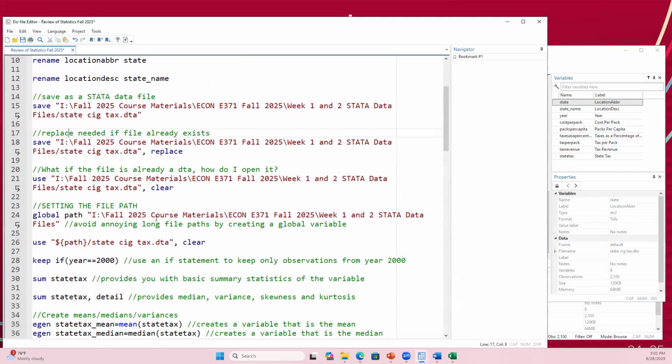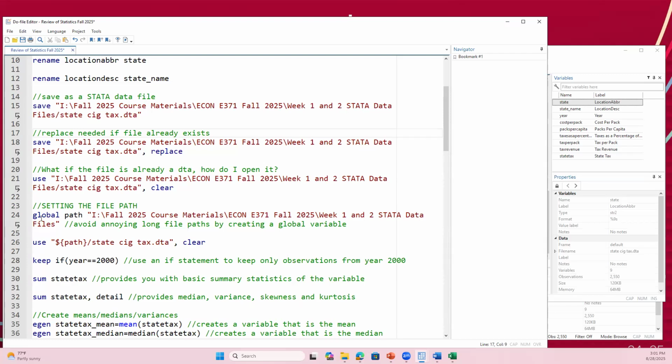Let me think of anything else I want to say here. Oh, so you can go through, use this system of using the interface, like file, importing, opening up files, saving them. What you can also do, and I will do this a lot in the do files, you don't have to do this. You can always put whatever the Stata code spits out at you, using the interface, you can always use the full file path. But it's really long, and it makes it a little bit easier when you're working on it, if you want to keep opening the same data set,